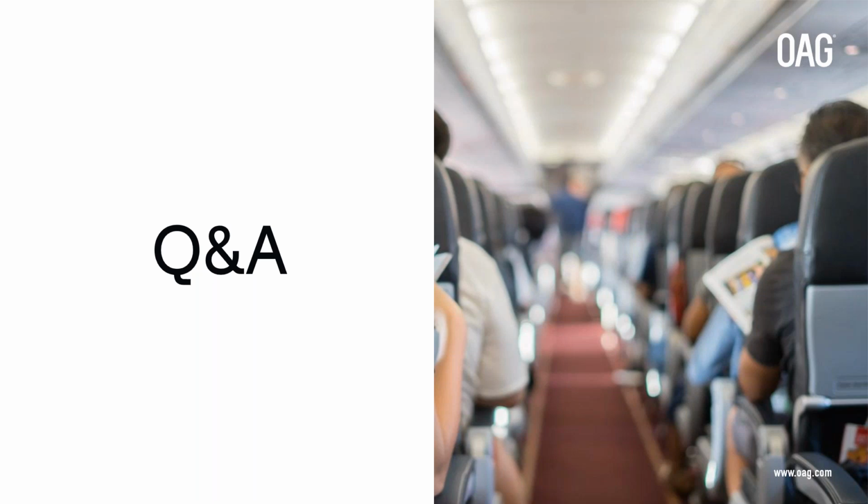Great, thank you. And another one that's just come in here is, are the schedules in the API just direct flights, or are there connections in there as well? Sure, yeah. So at the moment it's direct flights, so that can include stopping flights with the same flight number. But on the connection side, that's something that the dev team is working on right now. So that will be our next API product release.